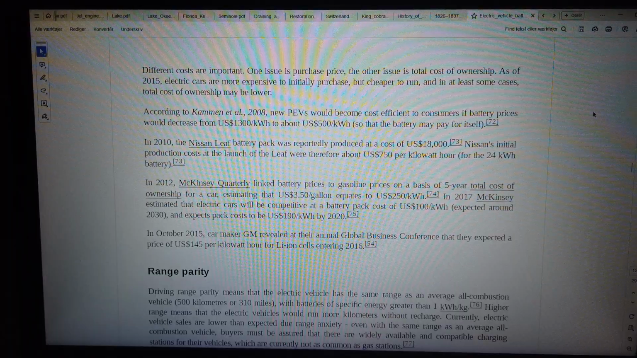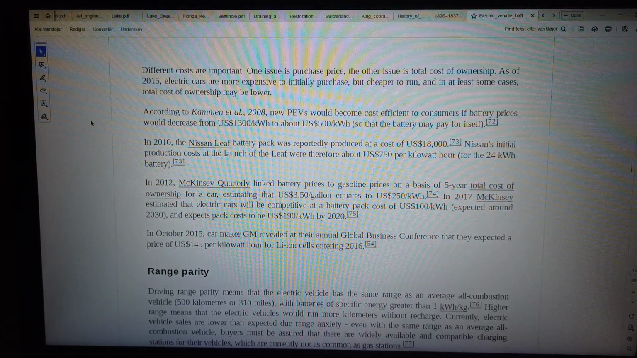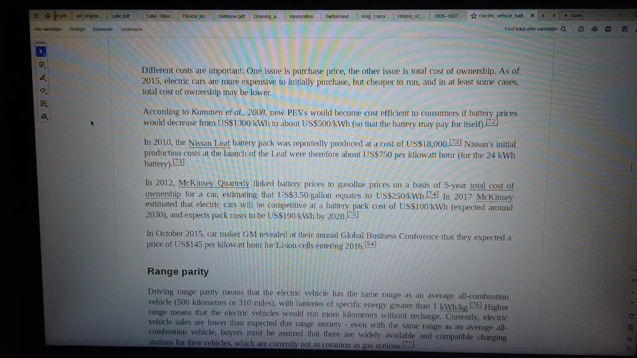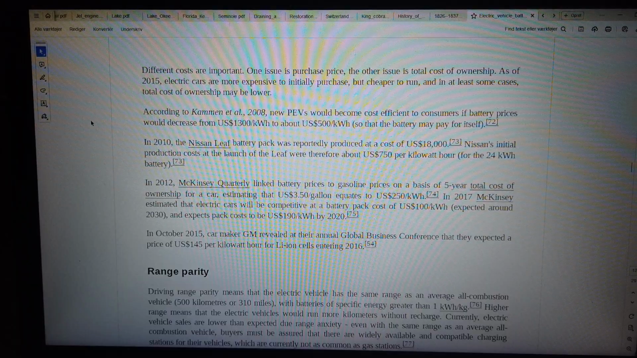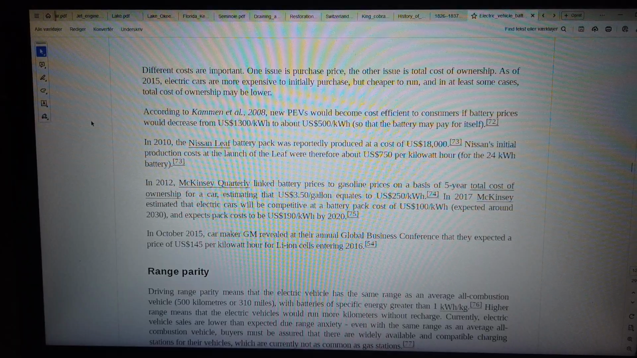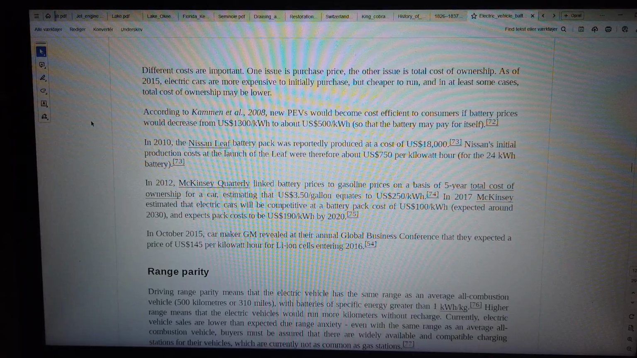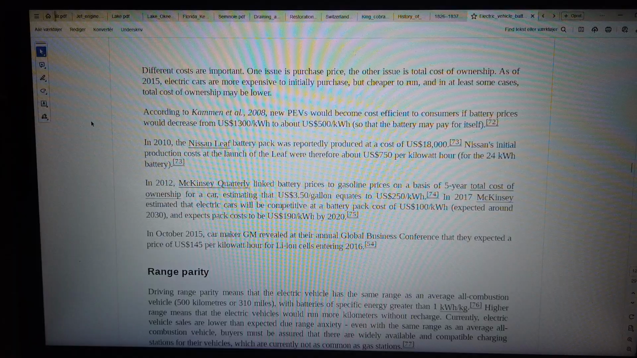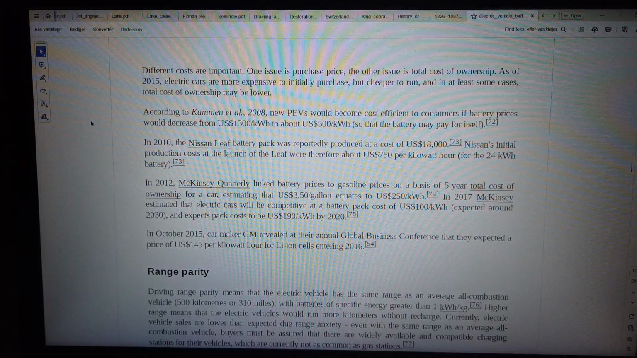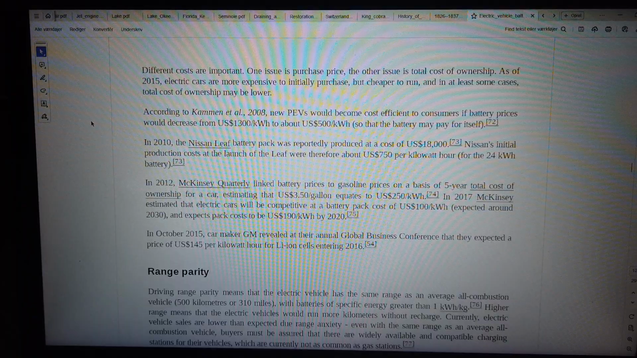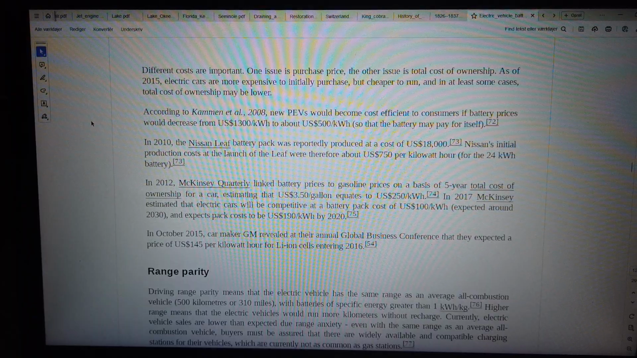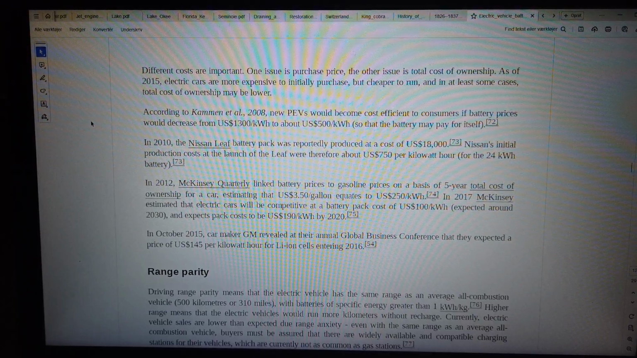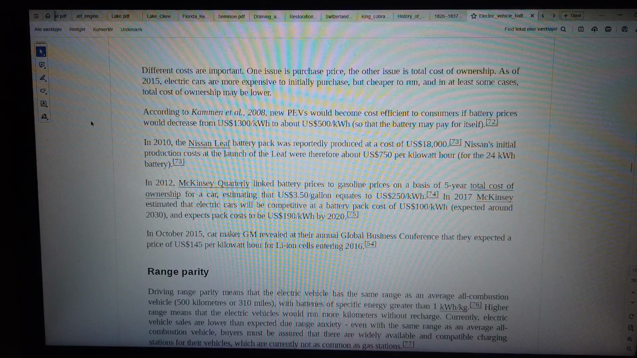Cost parity. Different costs are important. One issue is purchase price, the other issue is total cost of ownership. As of 2015, electric cars are more expensive to initially purchase, but cheaper to run, and in at least some cases total cost of ownership may be lower. According to Caminit al. 2008, new PEVs would become cost-efficient to consumers if battery prices would decrease from $1,300/kWh to about $500/kWh, so that the